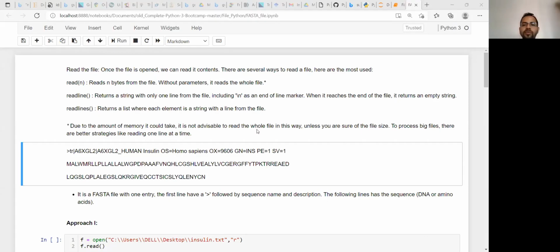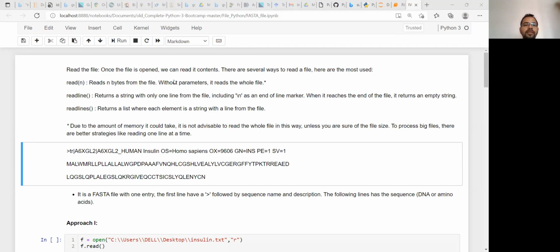All right. So today we are going to see how we can handle the FASTA file format. In the last class, I told you about the FASTA file format, how it looks, and today we are going to write some code based on that FASTA file format, and then we will see how we can handle the CSV file format, that is comma separated value file format. Mostly these two types of file we will handle in future also.